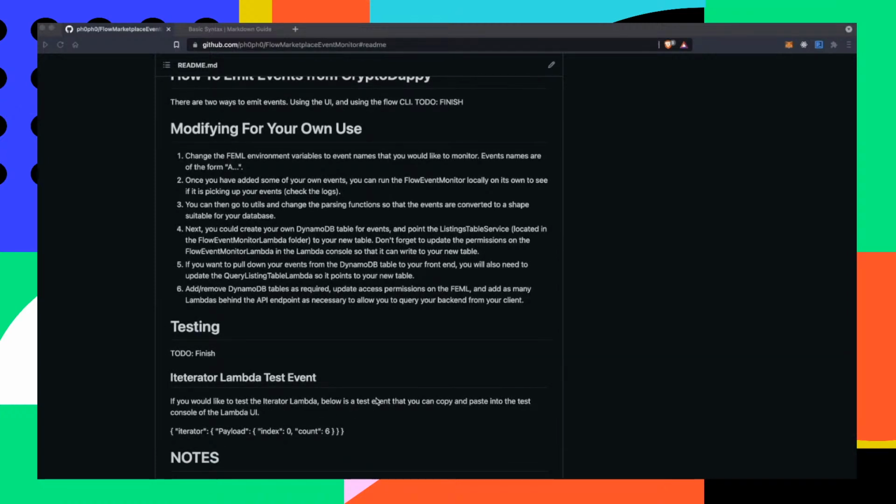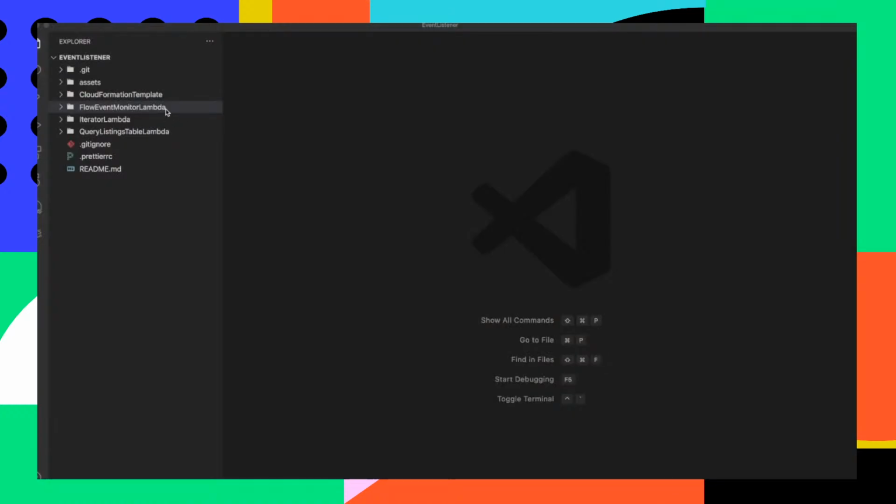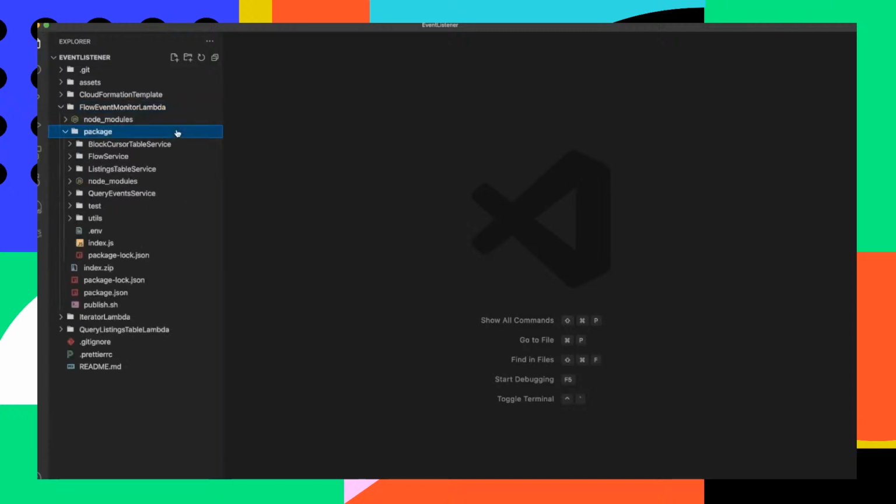So if you clone this repo, you'll end up with this. So we have the Flow Event Monitor Lambda here, which is the central Lambda. We have the iterator Lambda, which invokes the Flow Event Monitor Lambda every 6 seconds. And we have the Lambda which queries the records for the front end. If we take a quick look at some of the code,